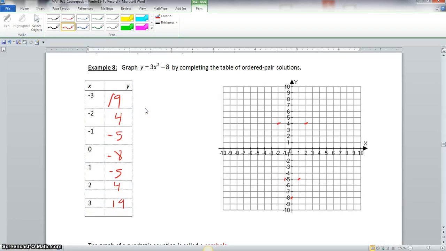Now we're about to start example 8, dealing with graphing. It says graph y equals 3x squared minus 8 by completing a table of ordered pair solutions. Now, when we substitute in negative